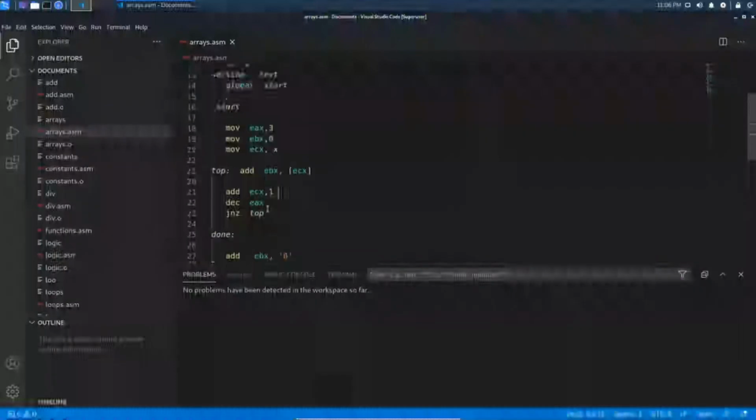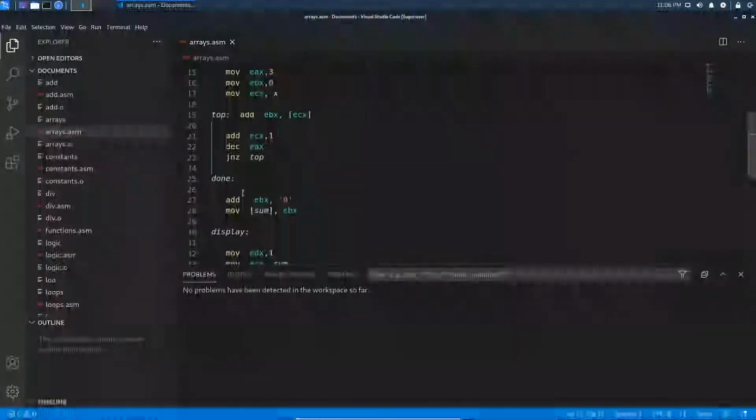See here, if the EAX register is not equal to 0, then it will again execute the top procedure and it will iterate till the EAX register becomes 0. So for 3 elements it will loop the top procedure, and at last the EBX register will hold our sum.